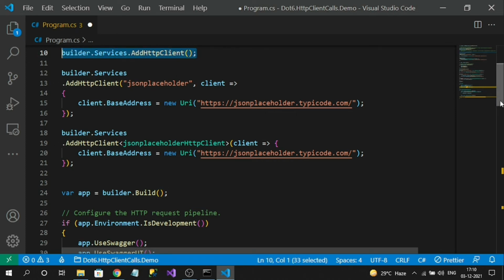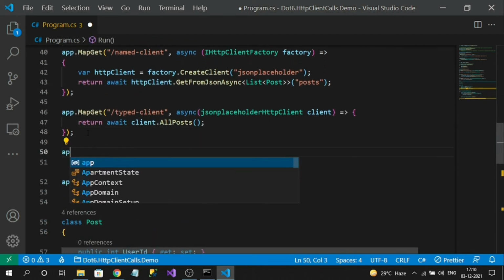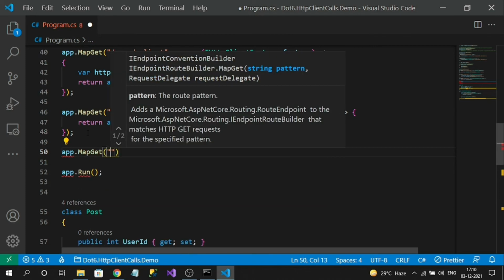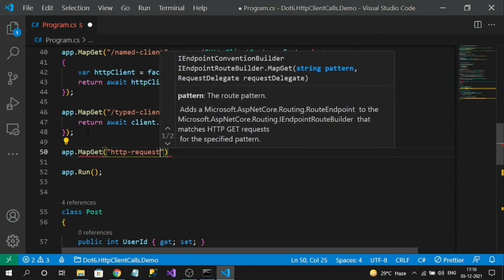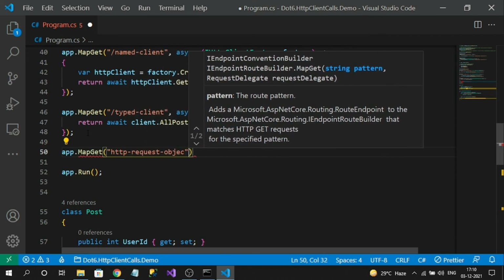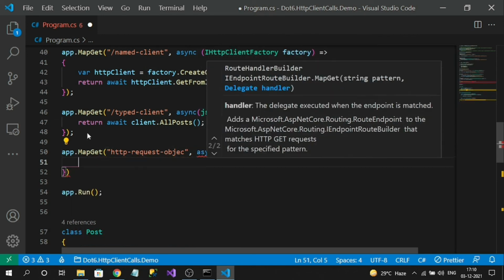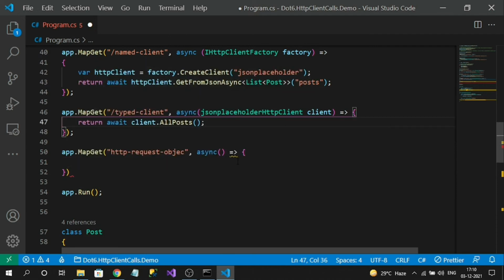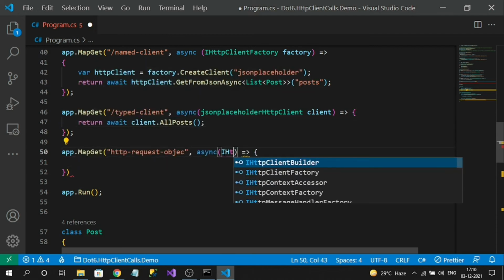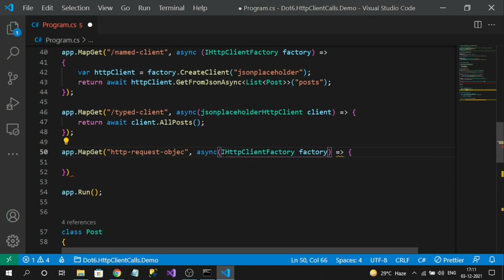Then let's create an endpoint. So this is my endpoint, and let's create a delegate method. Now I'm going to use the HTTP client factory.